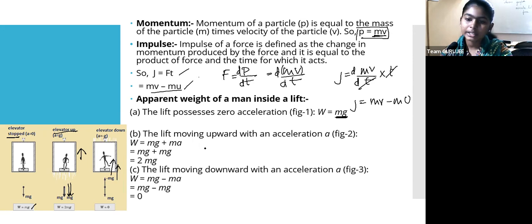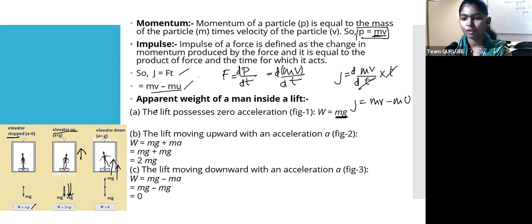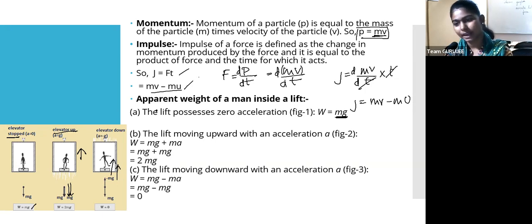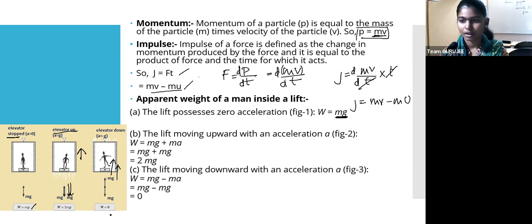Okay, so where else can you experience the same lift property, your apparent weight? In a free falling object, ma'am. Yes, in a free falling object, right? In space? Not in space. See, this apparent weight is related to your gravitational force. So you need gravitational force, and in space you won't have gravitational force.